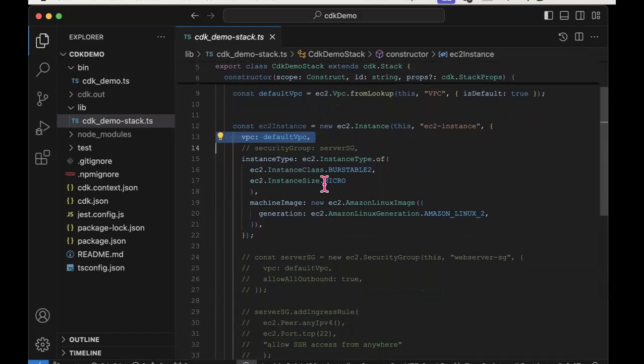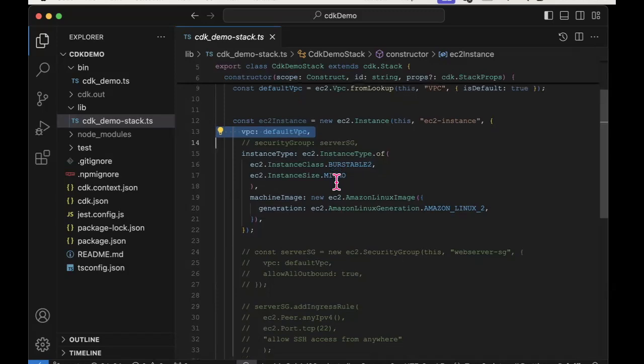So it looks like I want what's called a T2 micro image attached to this EC2. Now, for those of you that haven't done any AWS, T2 micro probably doesn't mean anything, and I'm not going to get into the detail of it again, because as I've already said, we're not going to be using EC2 after this week, really.